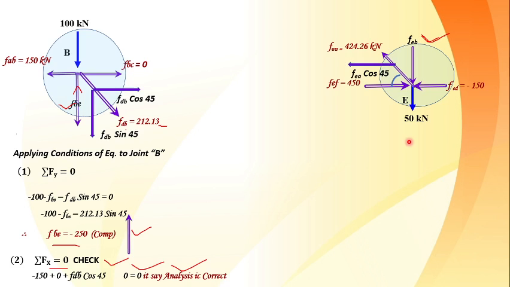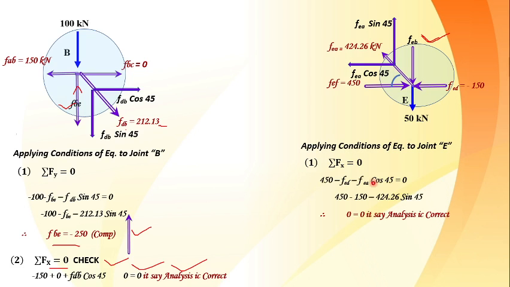Is that okay? So here we have finished with all the unknowns. So I am applying the check here. After applying sigma Fx is equal to 0, I got 0 is equal to 0, means what? The analysis we have done up till this particular joint E, all analysis was properly done. That's why at random joint E, I got 0 is equal to 0. In between I have applied the check here also.